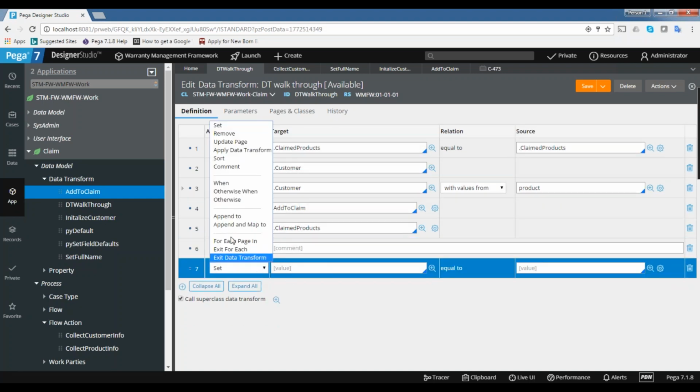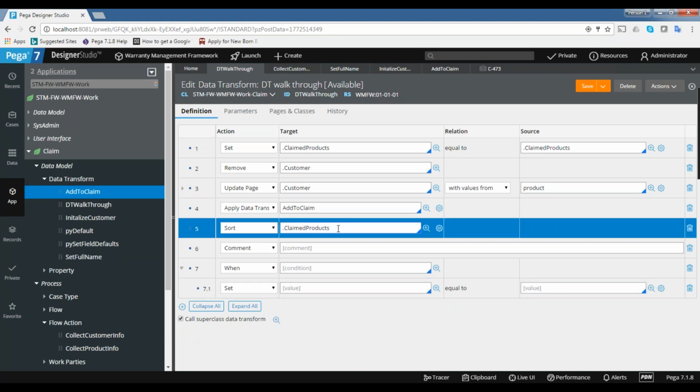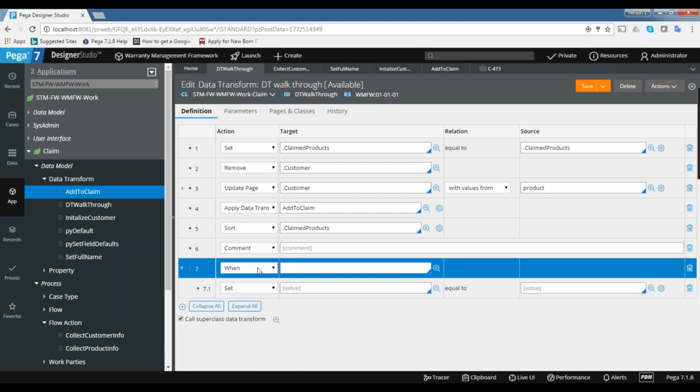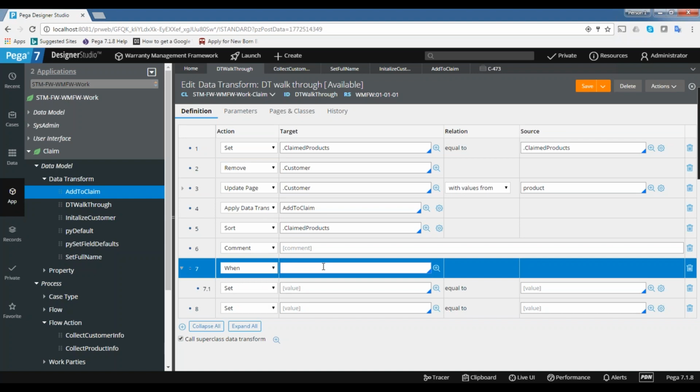And then if you want to execute conditionally, if you want to process conditionally, you can use the when rule. So let's say you are looping, and based on some condition only, you want to do some action. So in this example, I don't have any use case. You write a when rule. Based on the when rule, it's like a condition, like if else condition execution. If this is true, you want to do a set of actions. Again, you can use any number of actions, but the when will be useful to check the condition. If the condition is true, then the set of actions under it will be executed.